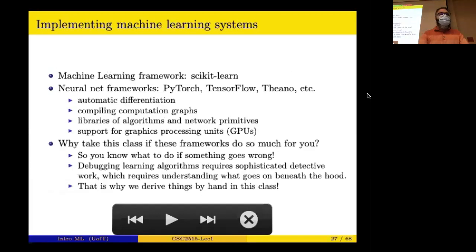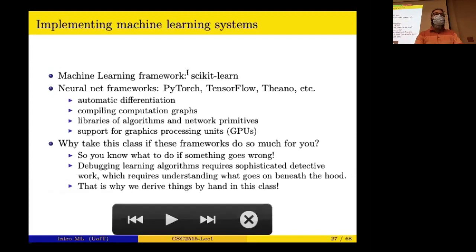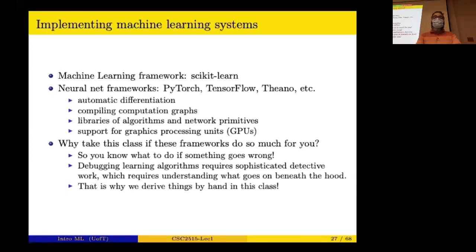Okay, and when we want to implement machine learning systems, this is again a bit about software, how we write the programs. There are a lot of frameworks. Many of the algorithms we talk about have already been implemented because many of them have been around for many years, decades, some of them. One of the tools is called scikit-learn. This is a Python framework, and it implements many of the machine learning algorithms we talk about in this course. So we can use it. Many of the things that we talk about would be only a few lines of code in scikit-learn.